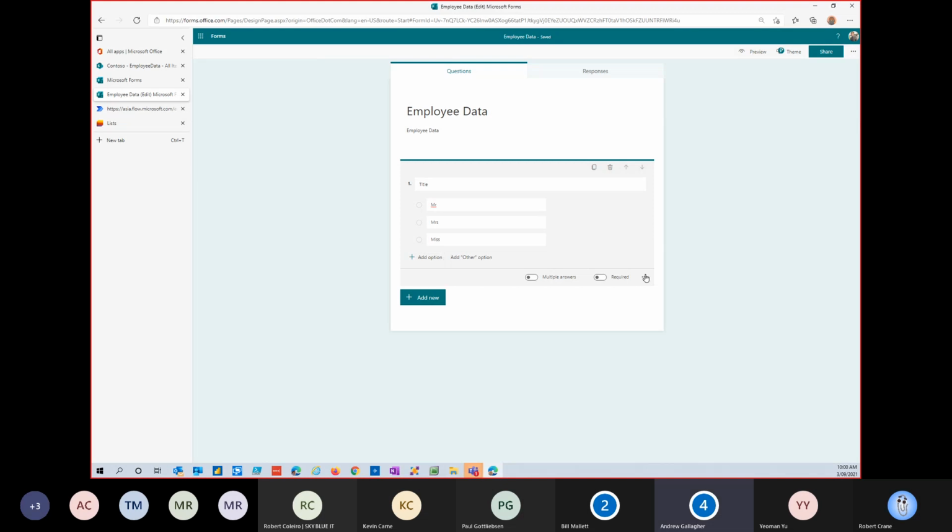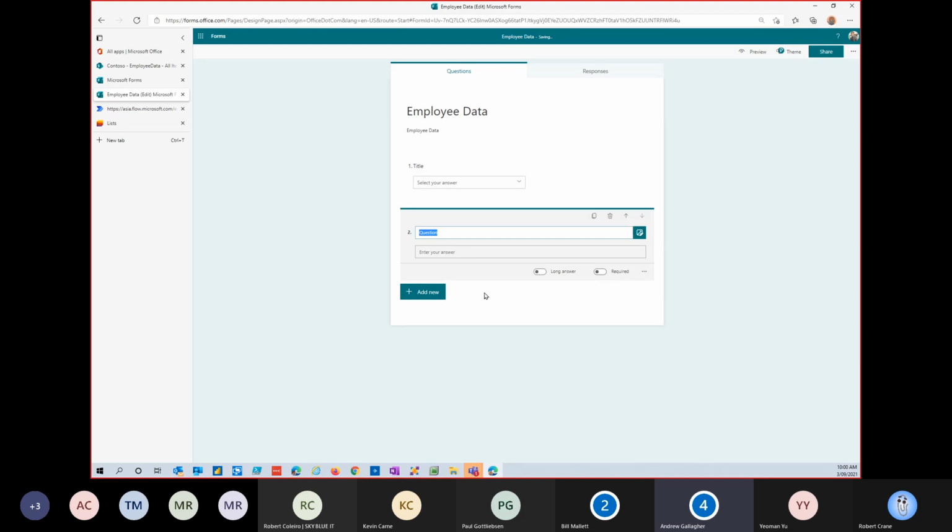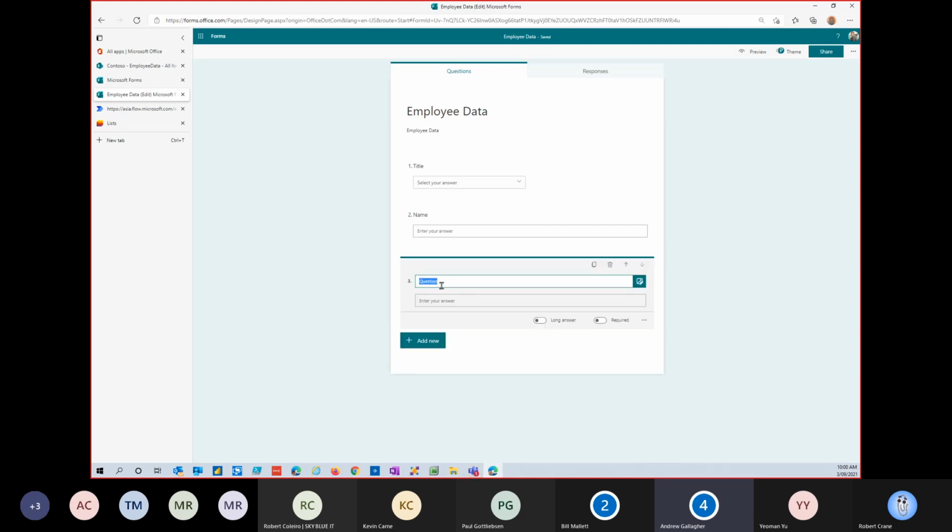Sorry, the ellipse button escaped me there for a while, but I'm going to change that to a drop-down list rather than radio buttons. The second field is simply going to be text, and I just want them to type in their name. And the third field, once again, I'm after their age.